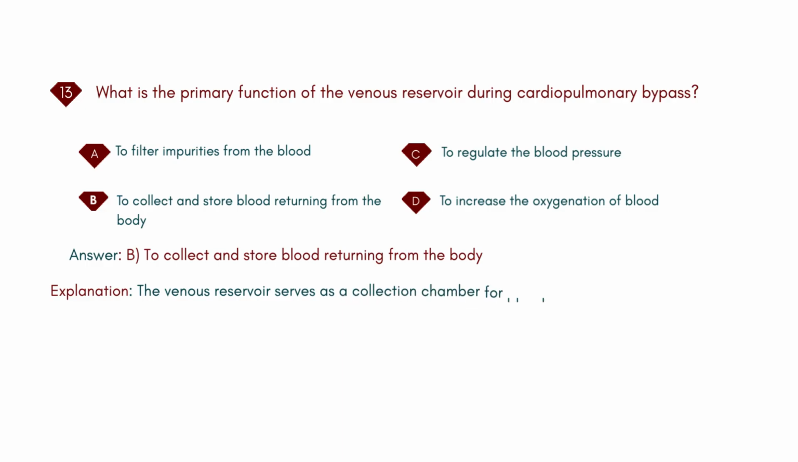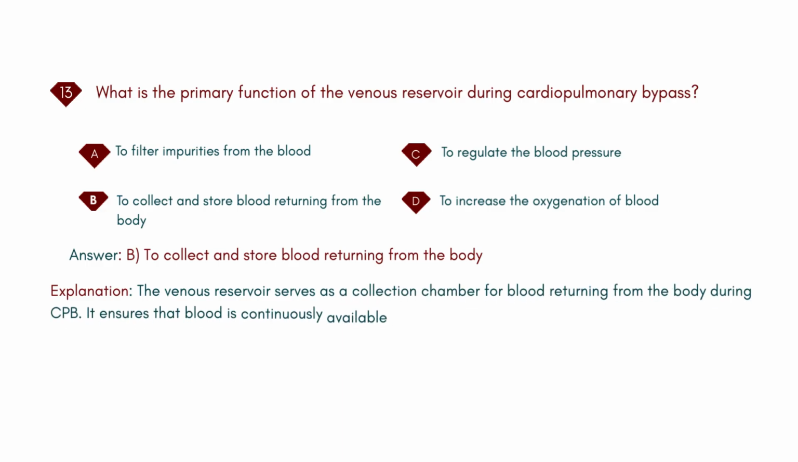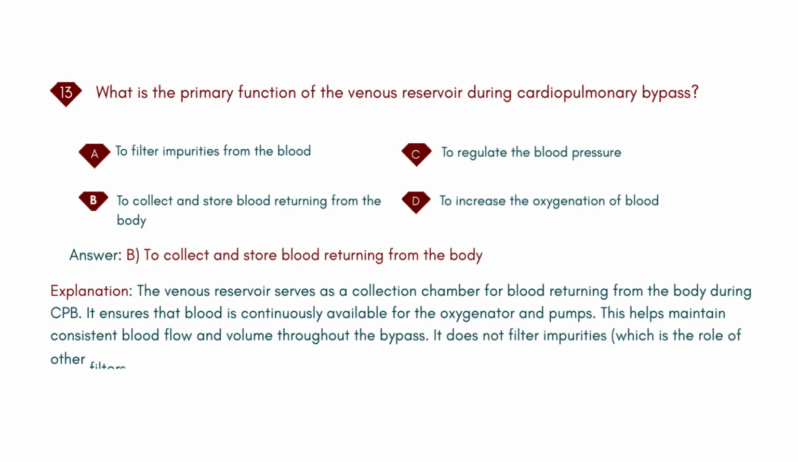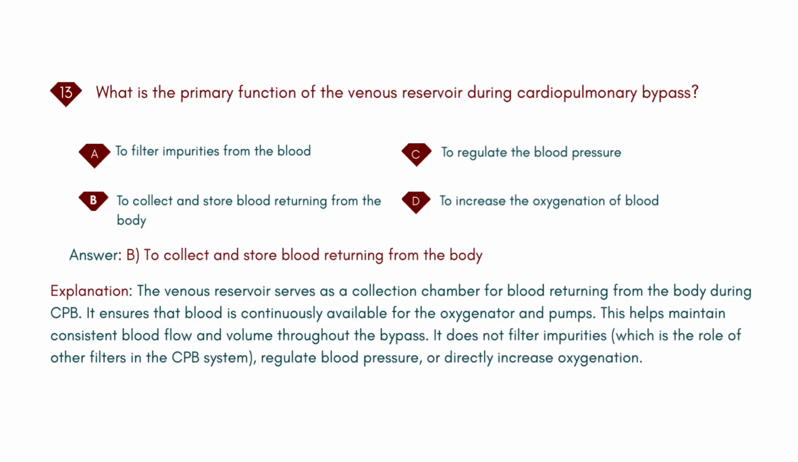Explanation: the venous reservoir serves as a collection chamber for blood returning from the body during CPB. It ensures that blood is continuously available for the oxygenator and pumps. This helps maintain consistent blood flow and volume throughout the bypass. It does not filter impurities, which is the role of other filters in the CPB system, regulate blood pressure, or